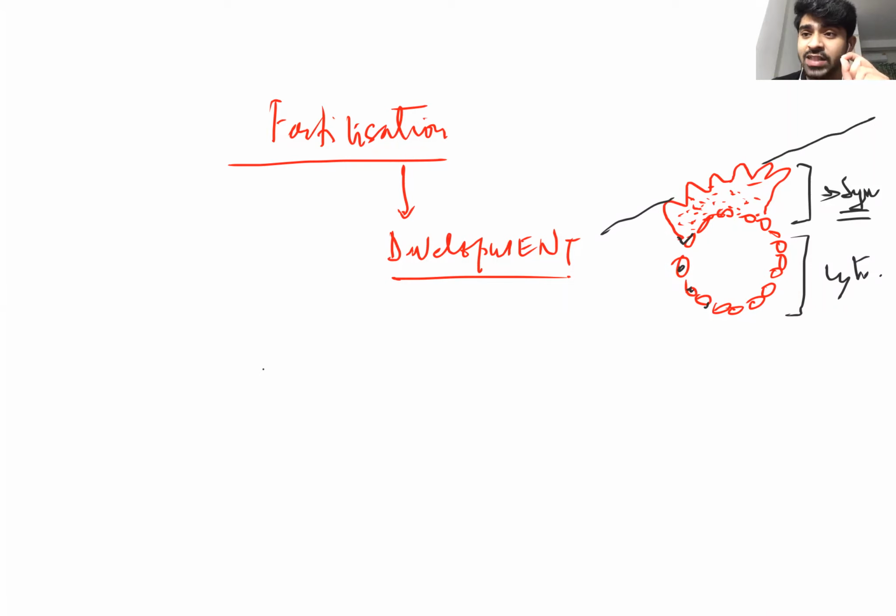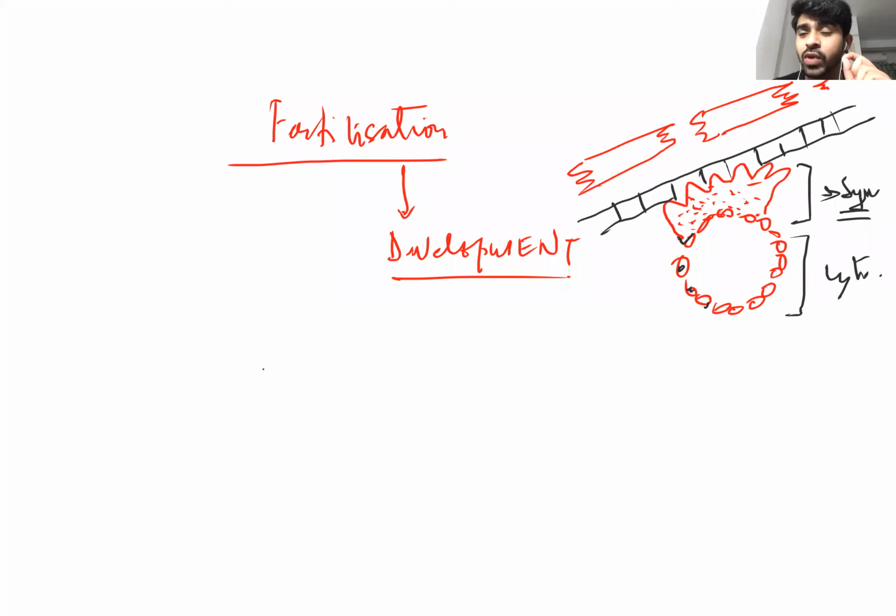Implantation means it is the attachment of the fetus with which layer? Only endometrium. So inside only endometrium. Don't tell me this is myometrium. That's why I'm drawing this picture in a clear way. This is a previous year NEET question, so don't get confused. Your fetus implantation should not go up to the muscle layer, the myometrium. It should be confined inside the endometrium. That's why I'm repetitively telling you that it should be confined in the endometrium.